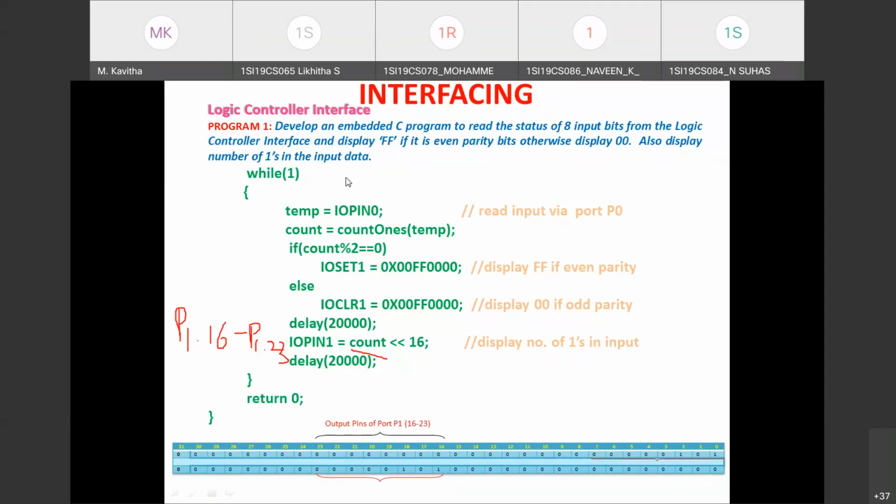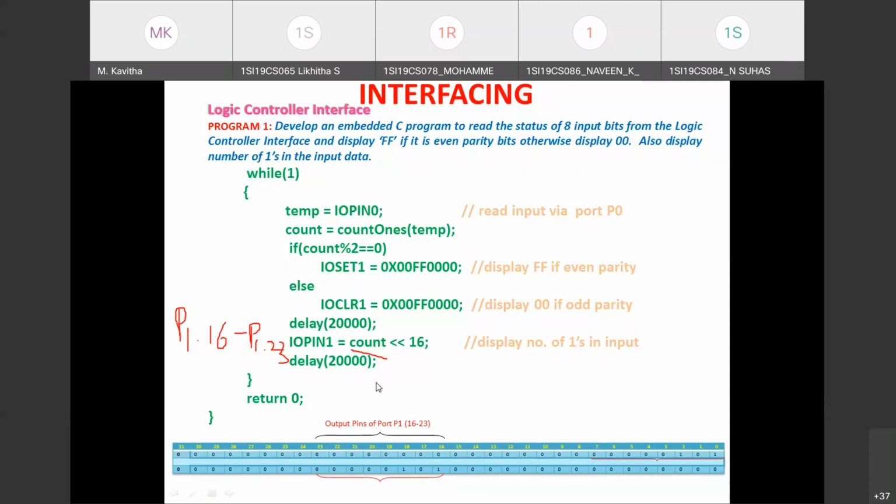So finally we are again introducing delay. After some delay, again we can change the input in the logic controller using the toggle switches, and that status we can read, and we can count how many ones are there. The process can be repeated. We can give different input and the count-the-ones logic will get executed. Based on what input you have set, it displays whether it is odd or even parity. After some delay, it displays the count. Since it is enclosed within an infinite while, the process keeps on repeating infinitely.